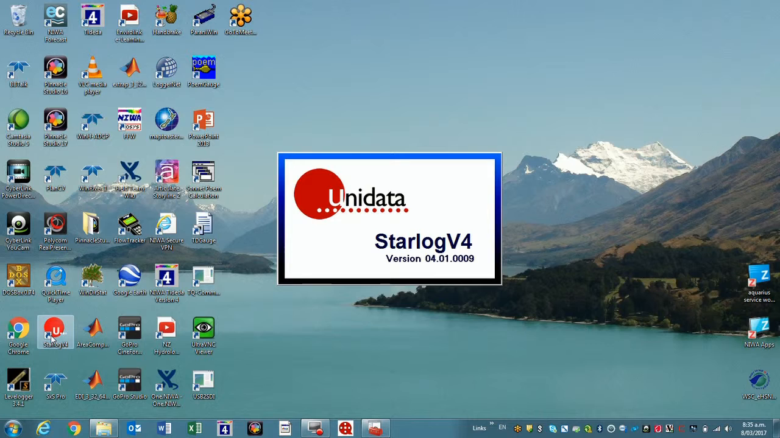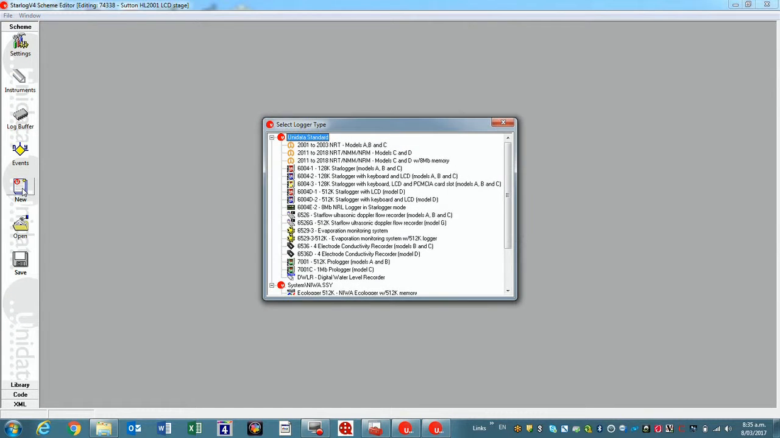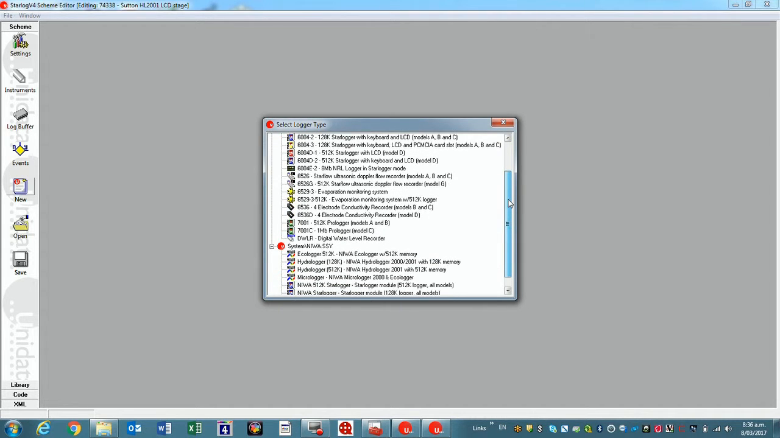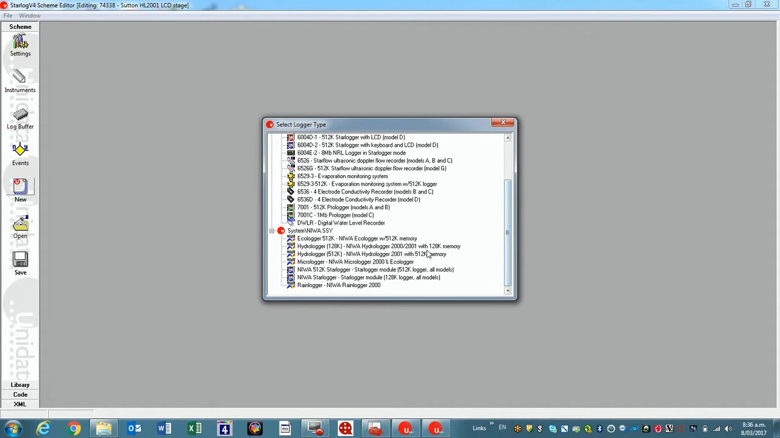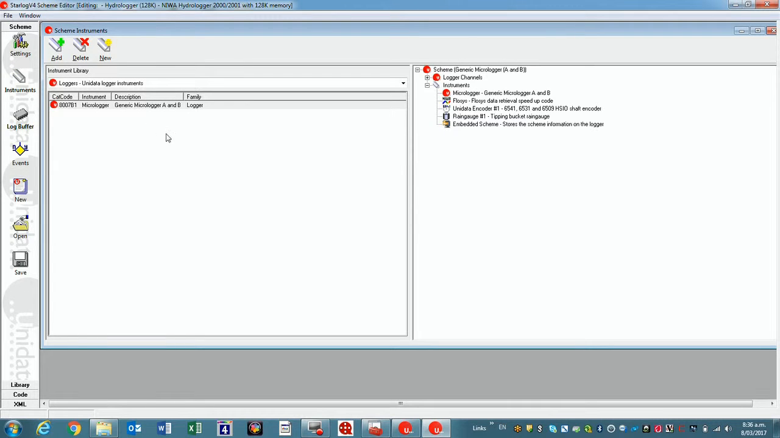So if we want to build our own scheme, if we go into Starlog, this time we'll go to the scheme editor and create new, and we'll need to select what sort of logger we have. So in this case I have a Hydrologger 2001, and we need to go to our instruments library, so it automatically populates everything you need as a default, but